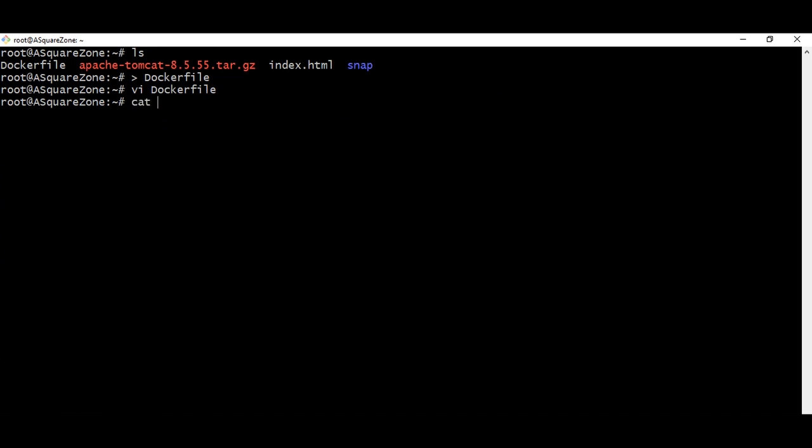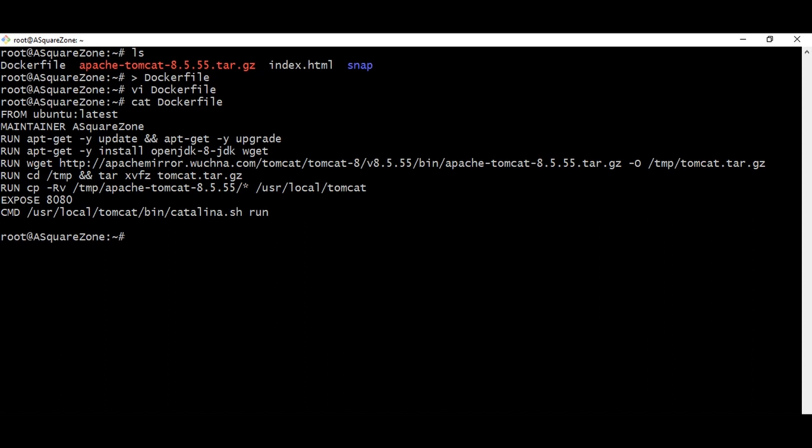Yeah, we will see the Dockerfile using the cat command here. It starts FROM Ubuntu latest, with the maintainer Square Zone, and I'm going to update and upgrade packages here. Again, I'm going to install JDK version 8, and I'm going to get the Tomcat tar file.